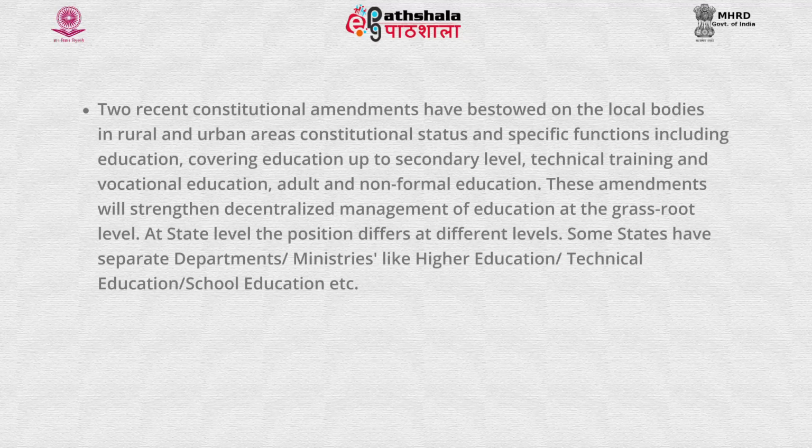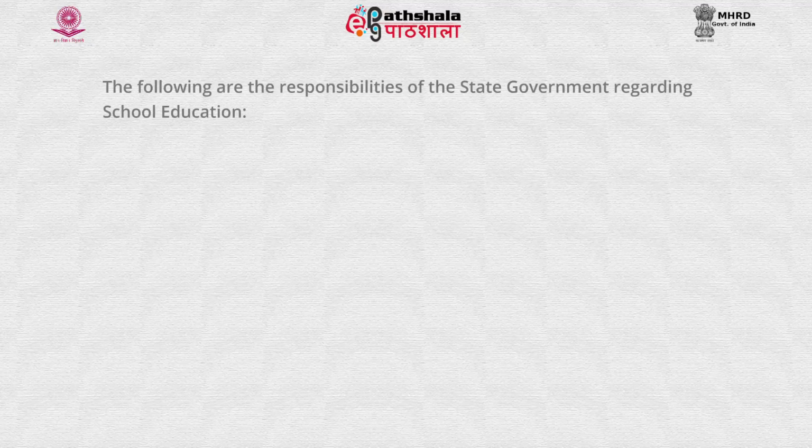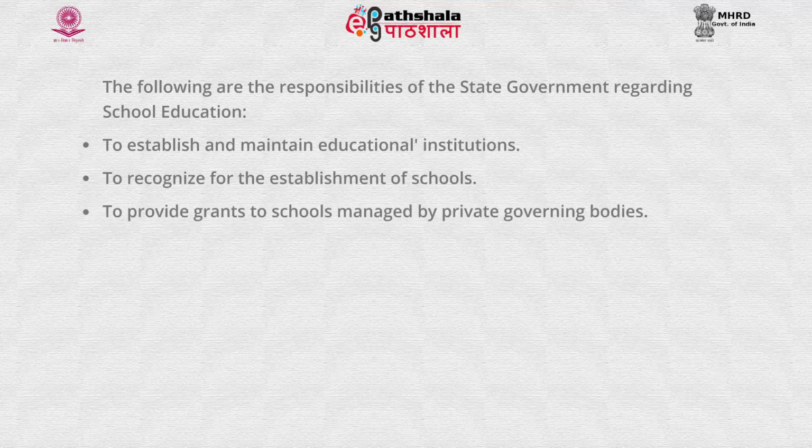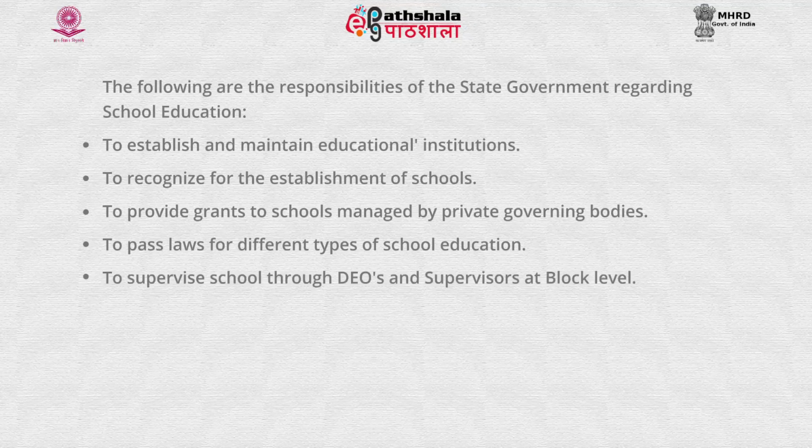At state level, the position differs at different levels. Some states have separate departments, ministries like higher education, school education, etc. The following are the responsibilities of the state government regarding school education: to establish and maintain educational institutions, to recognize and permit the establishment of schools, to provide grants to schools managed by private governing bodies, to pass laws for different types of school education, to supervise schools through DEOs and supervisors at block level, to recruit and place teachers in